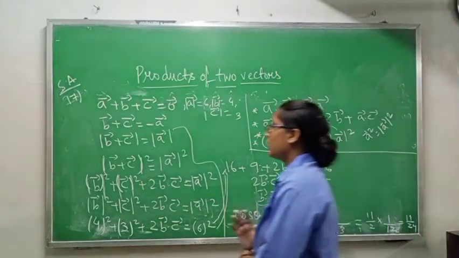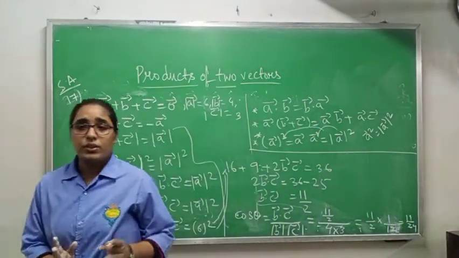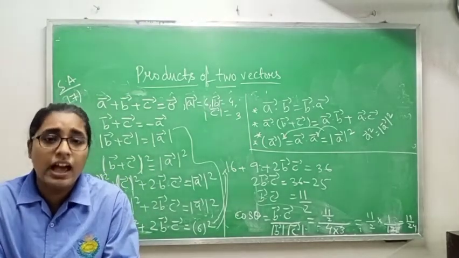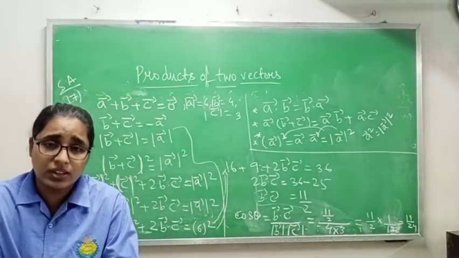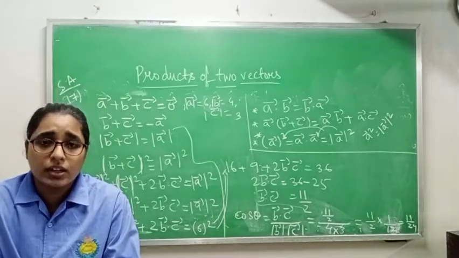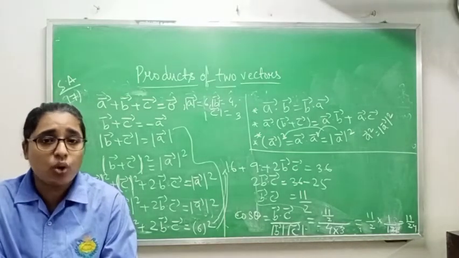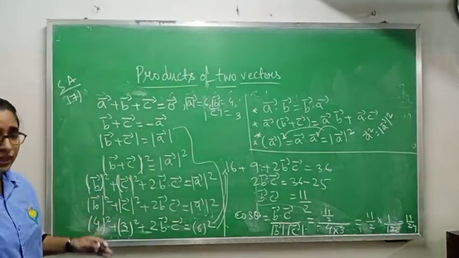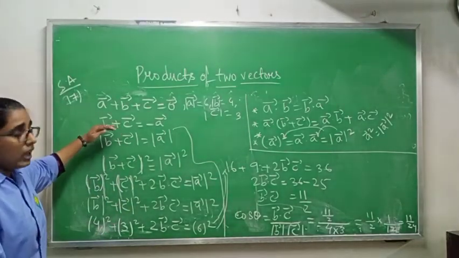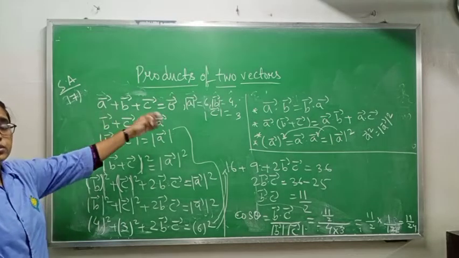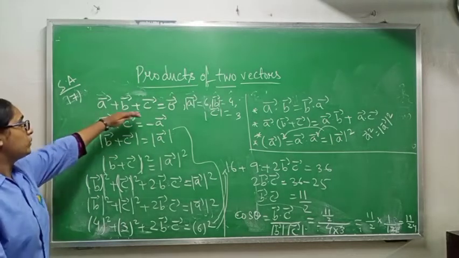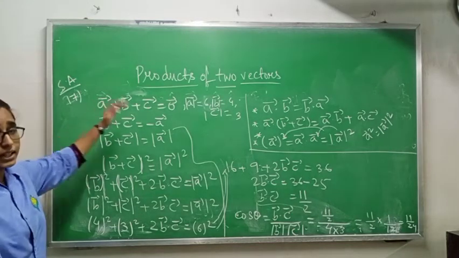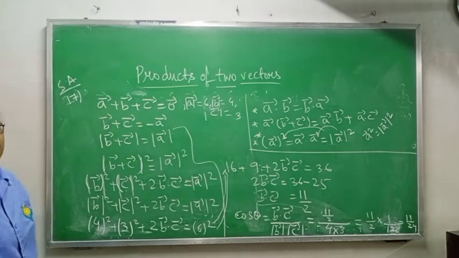Again I am repeating one thing. Whenever they ask the cosine of the angle between b and c, a and b, or c and a, and a vector plus b vector plus c vector equals 0, or mod a, mod b, mod c are given to you, then you will use this process. Whatever you have to find, you will keep that here, and whatever you do not have to find, take that this side. So I have to find the angle between b and c. I am taking b and c this side. I am taking plus a that side, and it will become minus a vector.